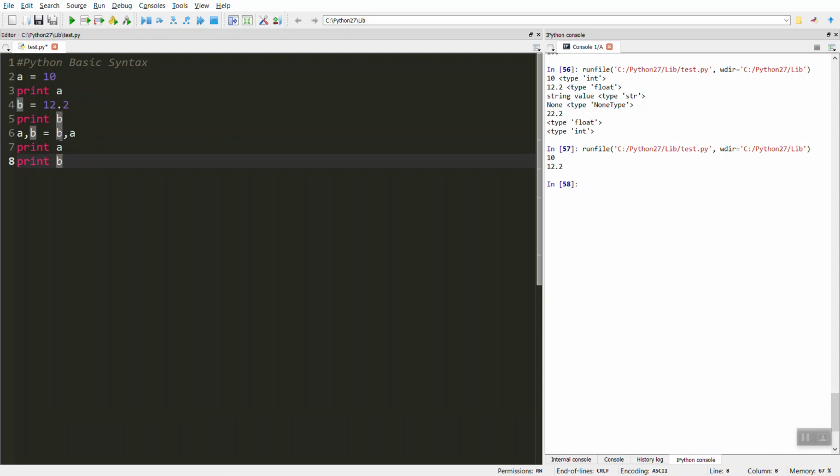What does it mean? The value of b must be assigned to the variable a, and then the value of a must be assigned to the variable b. So here we will see the values have been swapped.